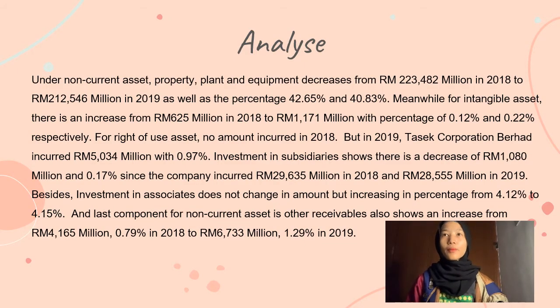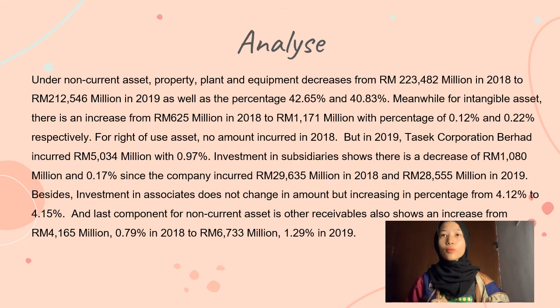Under non-current asset, property, plant and equipment decreases from 223,482 million in 2018 to 212,546 million in 2019, as well as the percentage 42.65% and 40.83%. Meanwhile, for intangible asset, there is an increase from 625 million in 2018 to 1,171 million, with percentage of 0.12% and 0.22% respectively. For right-of-use asset, no amount incurred in 2018, but in 2019, Tasek Corporation Berhad incurred